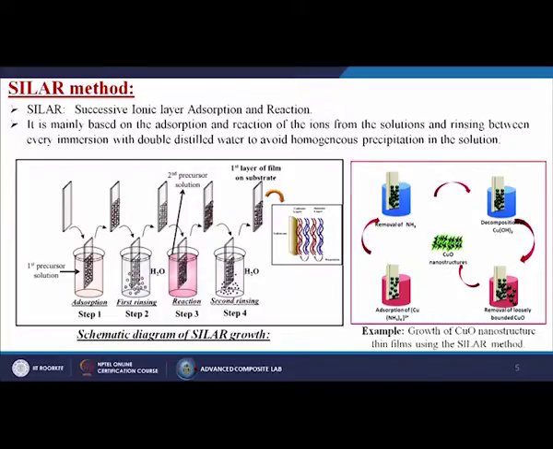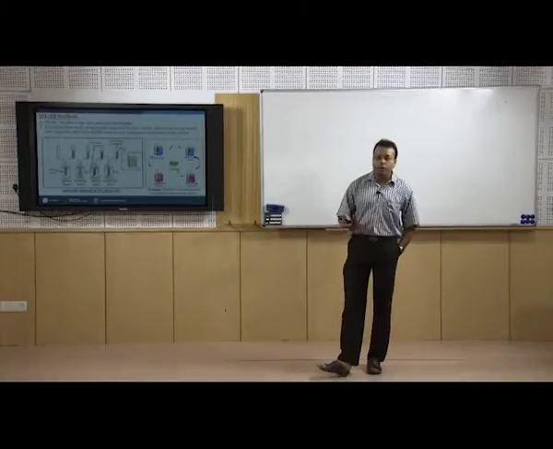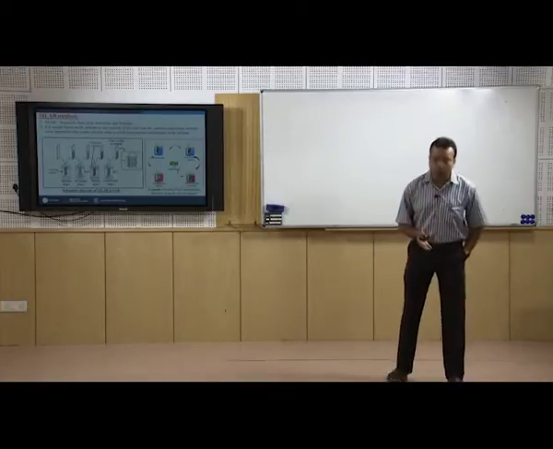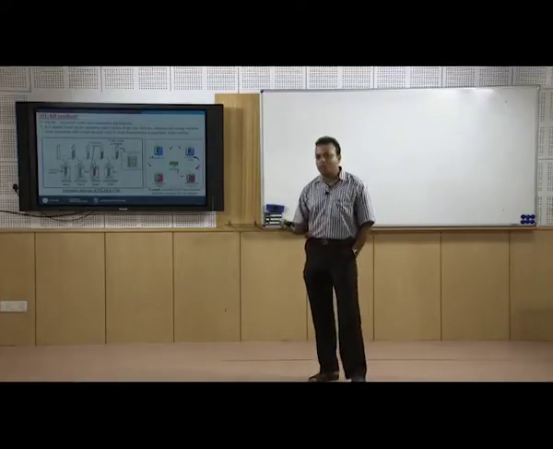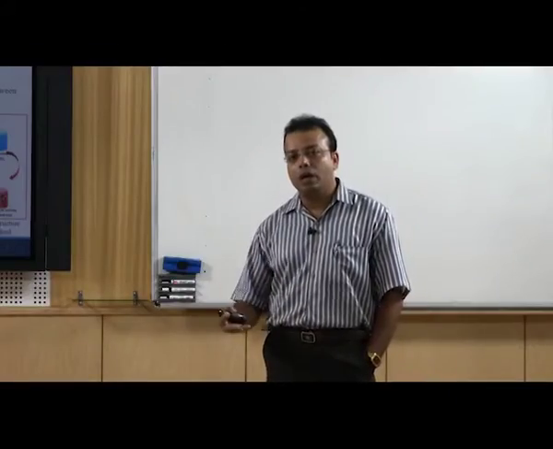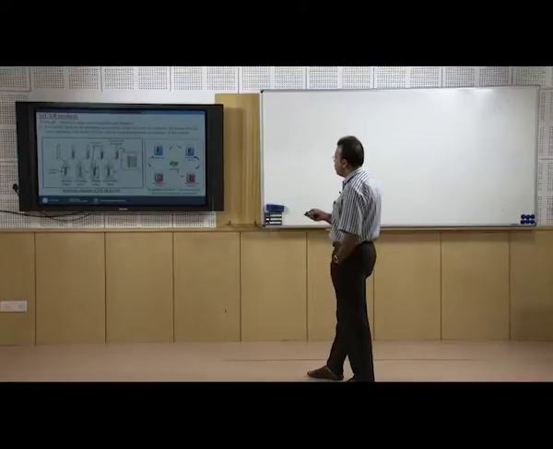We are rinsing it, then we are putting it into some reaction chamber where this solvent is reacting with the first precursor materials, and then again we are rinsing it in some water, and then we are getting the first layer of film on the substrate. So, initially we are doing the adsorption process, followed by the rinsing process. By this way we are doing the coatings onto the substrate itself. So, what are the methods?